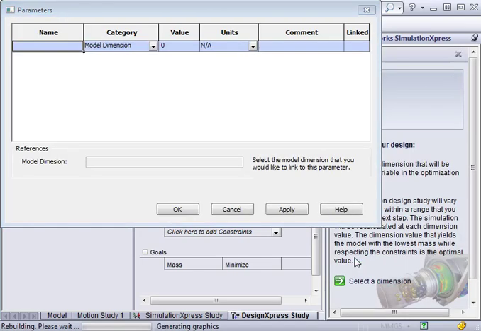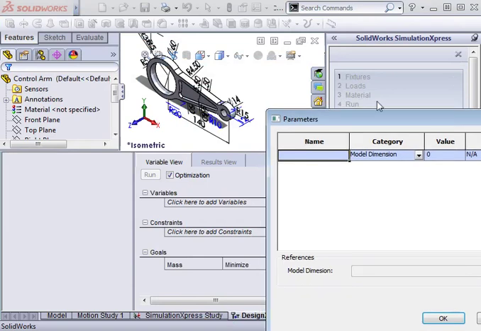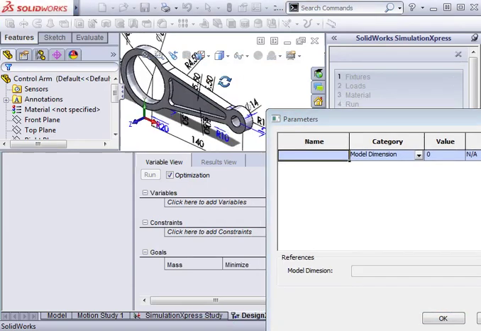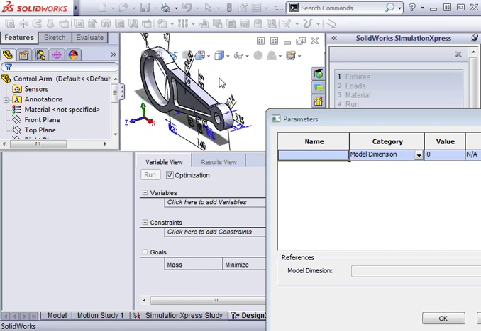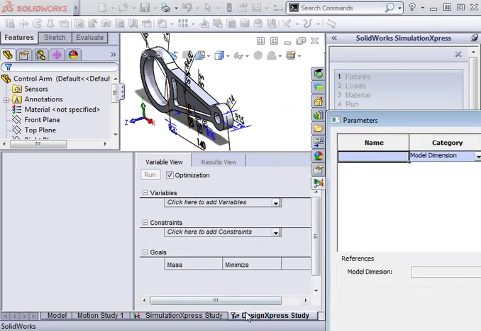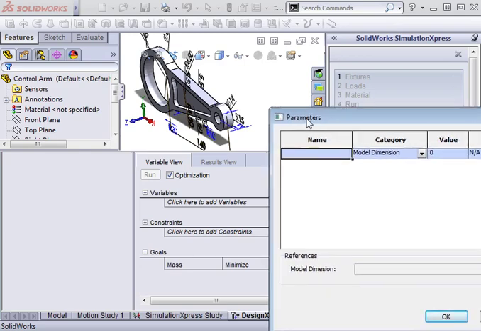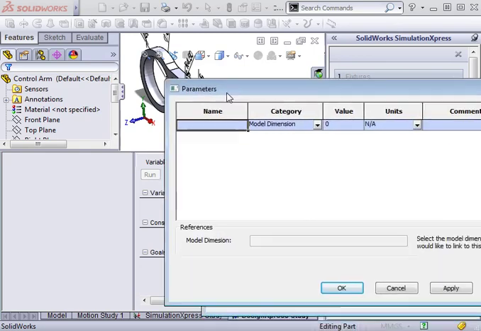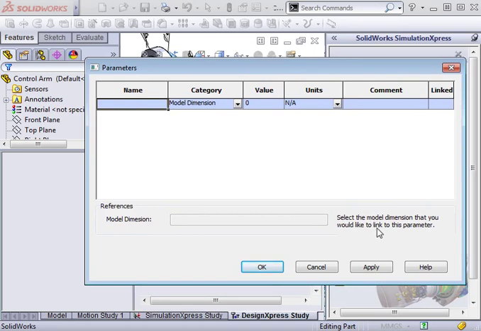Now, a few things change on the screen here. All of the part dimensions are shown, and SolidWorks starts what's called a SimulationXpress study. The SimulationXpress study lets you optimize the design with respect to either factor of safety, maximum stress, or maximum displacement. In this example, I want to see if I can get the factor of safety for this part closer to 5. The first step is to specify a single dimension to adjust to try and reach the factor of safety